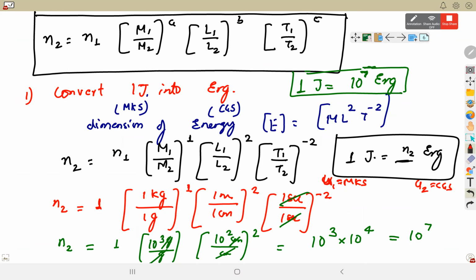Sir, I have a question. Yes. Sir, how will we know that it belongs to CGS system? बेटा वो पहले से पता होना चाहिए। Yes, that you should know। ऐसा एग्जाम में क्वेश्चन में लिखा होना जरूरी नहीं है। जैसे example question में यहीं पे था, convert 1 joule into erg, so that you have to know।